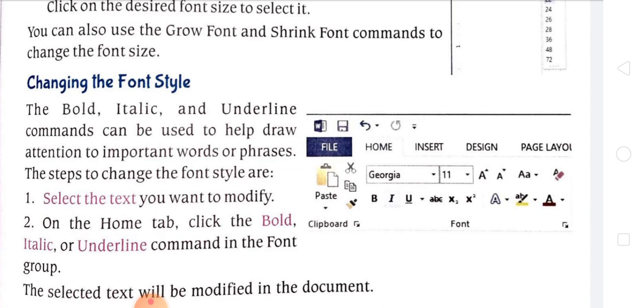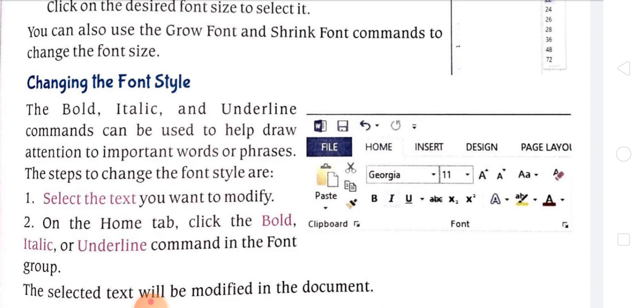You have to select with Control plus A, or you just click the data whatever you want. If you want to select all, you just press Control plus A. If you don't want to select all, you just click the particular data you want.